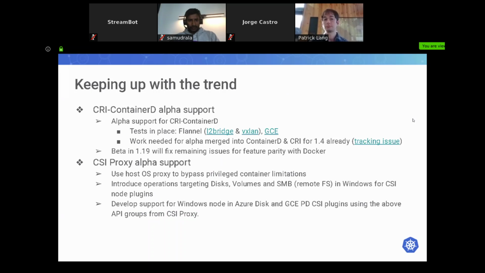And Patrick. All right, thank you. Yeah, and so the other thing we've been working on over the last couple of releases is we've been working closely with some maintainers working on Containerd, so that way we can provide a path to be able to build nodes that run with CRI Containerd